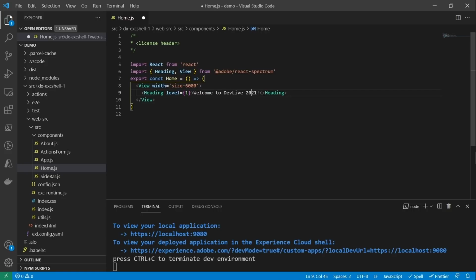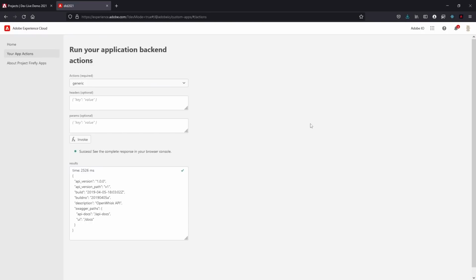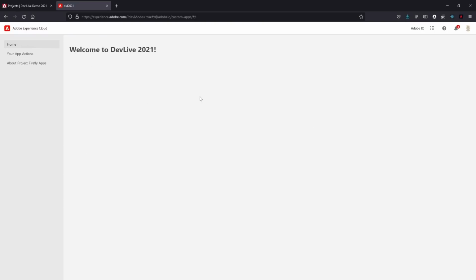Anyways, let's go back and see what we have. We don't have a lot of time, so I'm going to run quickly through here. So there you go. It's updated the application live, and now our UI is showing the update.